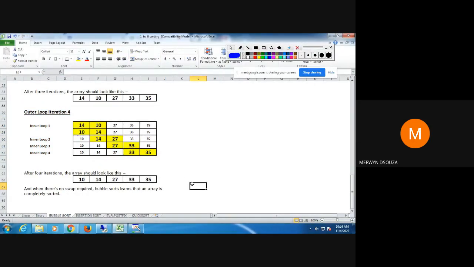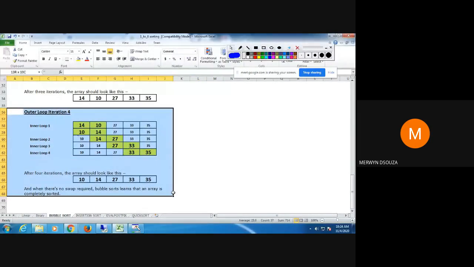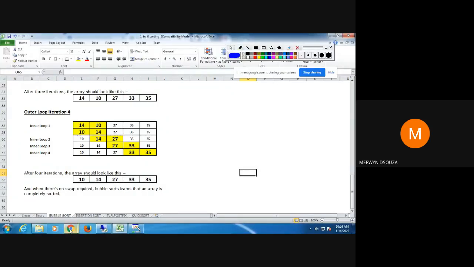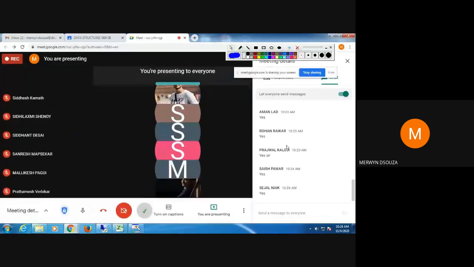You may not get just 5 numbers, you may get many numbers, and you have to show bubble sort, and it will take time, so you have to be quick. Do you all understand this fourth step? Does anyone want me to explain it? Fourth step is fine.